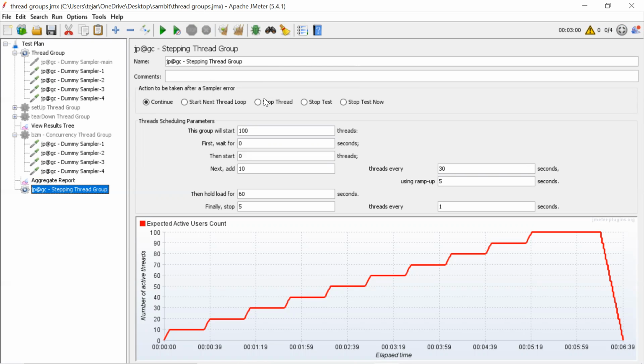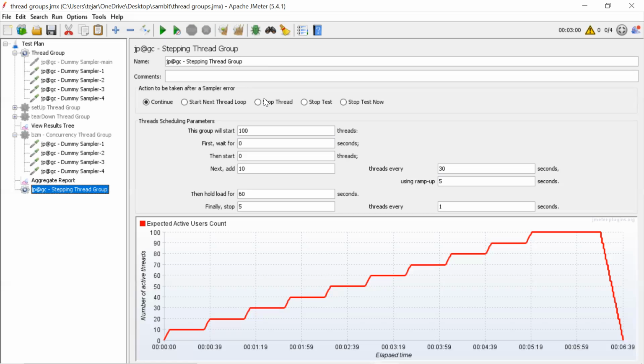Okay, suppose for each flow you have some 10 APIs, isn't that so? If one user hits all 10 APIs, then our flow will complete. But here, based on your configuration rate, sometimes it may hit 8 APIs, it may hit 7, or it may stop in the middle. So we have to keep that in mind, that even if it stops in the middle, your script should pass. You need to design in such a way.